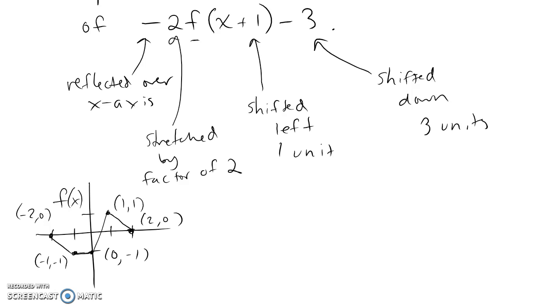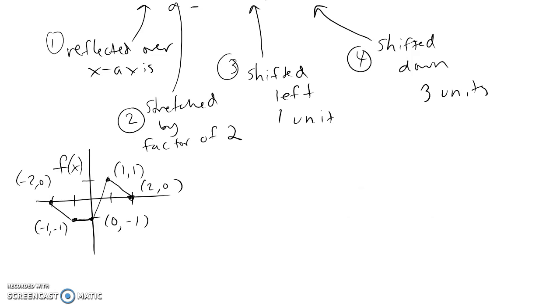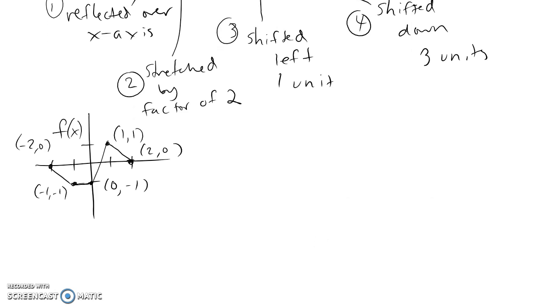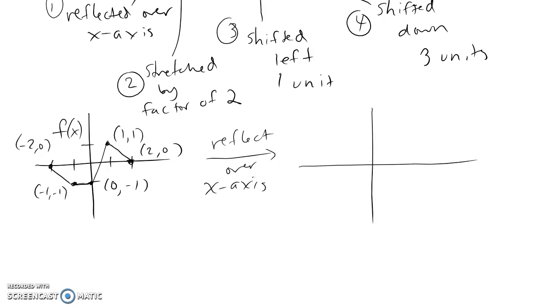Now we're going to apply all of the transformations in the order in which I suggested. First, we're going to reflect over the x-axis. Then we're going to stretch by a factor of 2. And then we're going to do shifting, and we might as well do it in this order, but it really doesn't matter. We're going to shift left 1 and shift down 3. Okay, so the first thing we're going to do is reflect over the x-axis. It's often much more straightforward to do this by doing one step at a time and drawing a new graph each time. So if I take my original f of x here and reflect it over the x-axis,